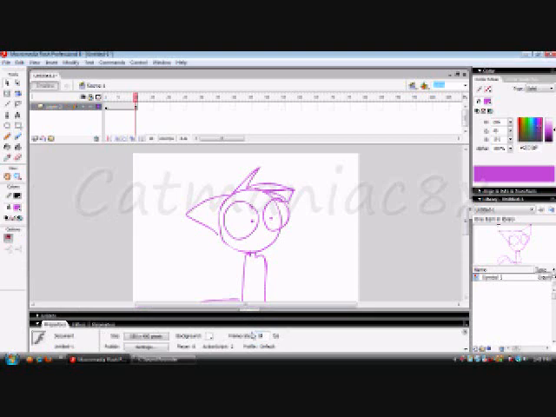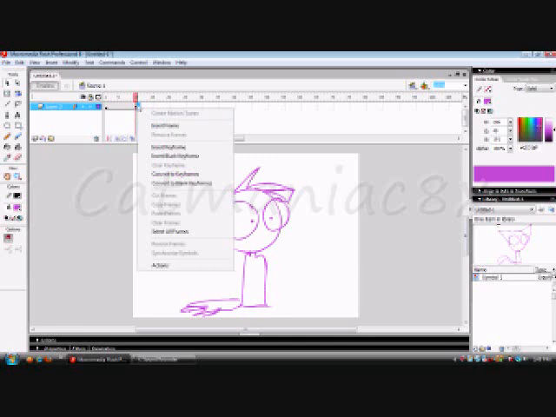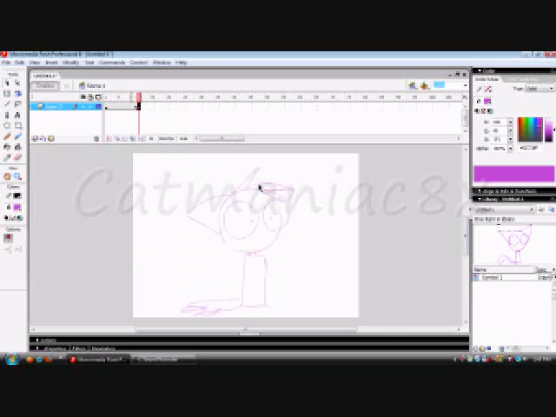Because 24 frames is like the default. I usually go for 18 because it's a bit better than 12, but it's not exactly as smooth as 24. But 24 is for when you really have patience because you need a lot more keyframe stuff. Okay, never mind that. Anyway, you insert a blank keyframe this time because you want to make the character